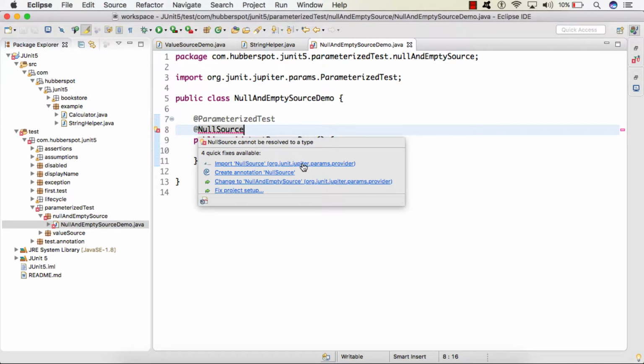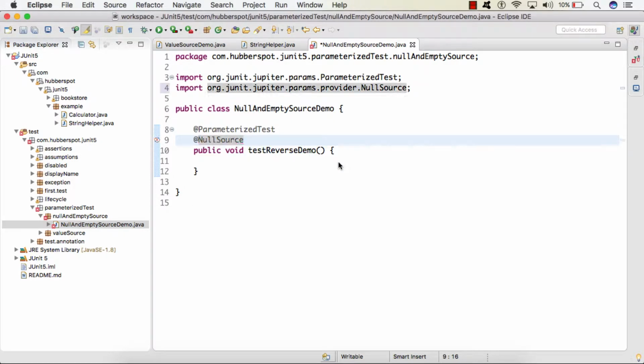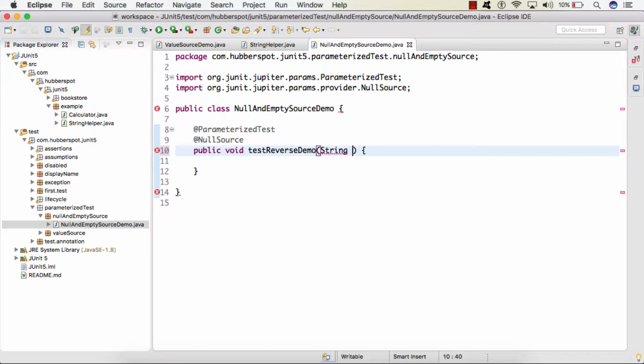So here the NullSource is present in org.junit.jupiter.params.provider package. So we'll import it, and here we'll simply say String input.